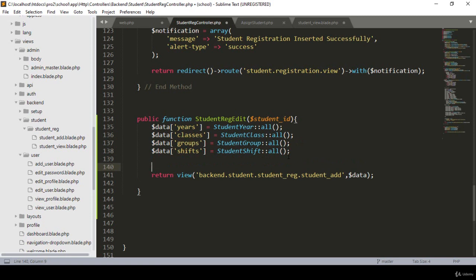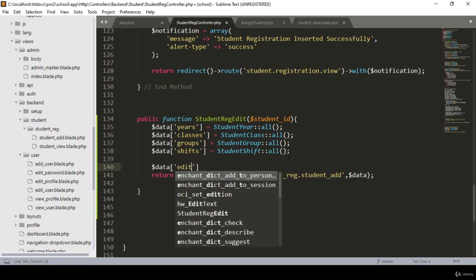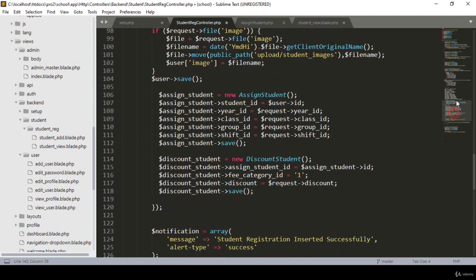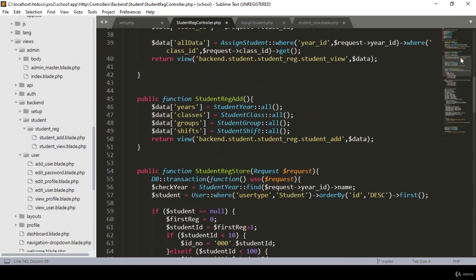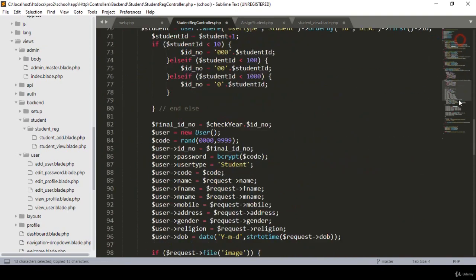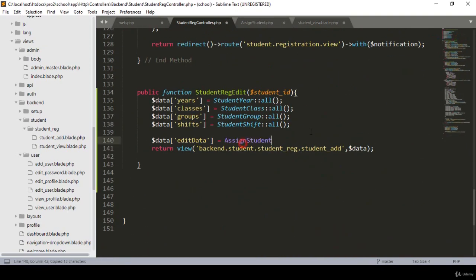So also after that I want to take another one as data, and I just take one variable name. I think you already know always for the edit I am using a variable as edit data. So this type of variable I want to take, and then our table name. So right now for our student registration I have already created a table. So right now our table name is assign student, right? That is our assign student table name. So I copy it. So now with this assign student I want to put on the condition where